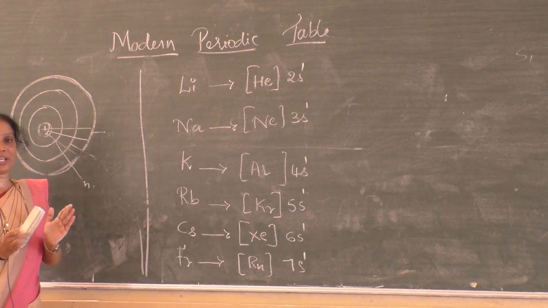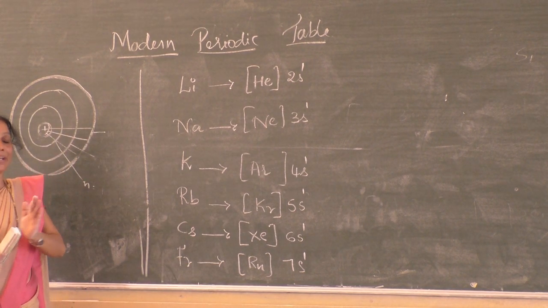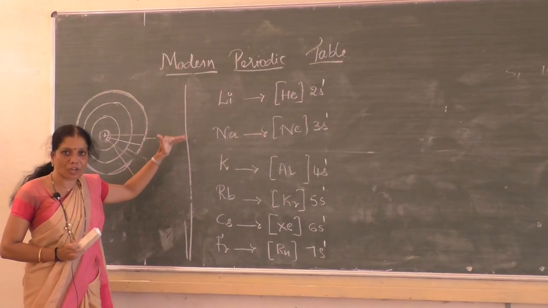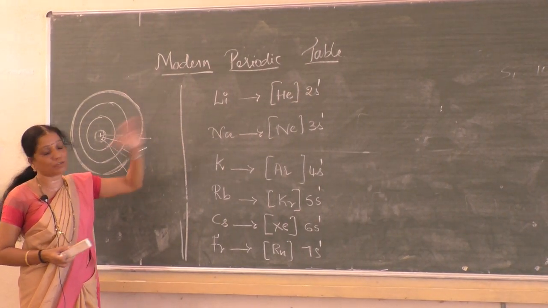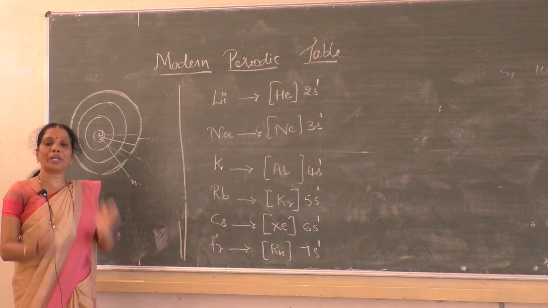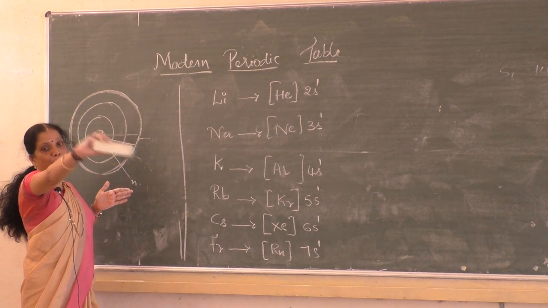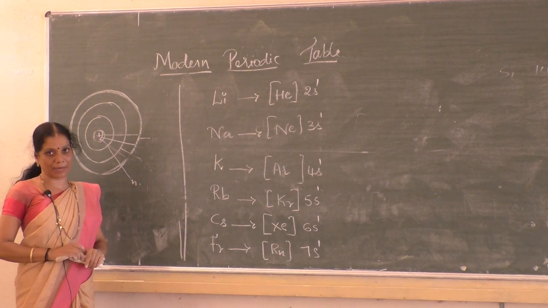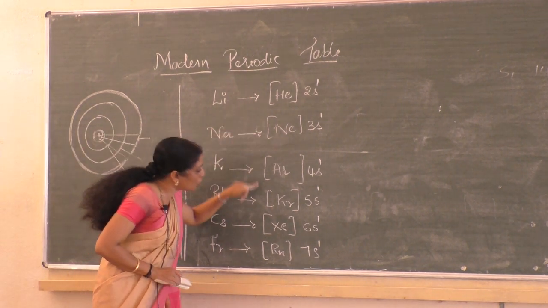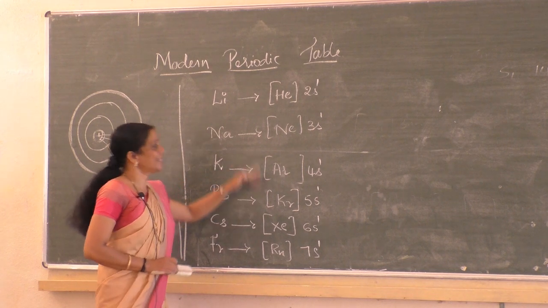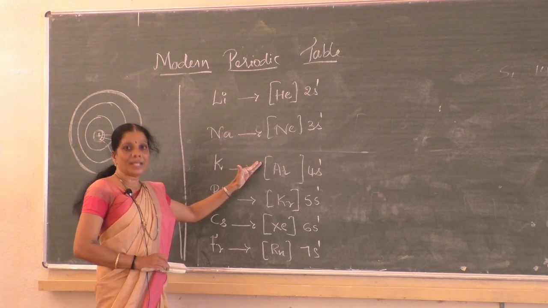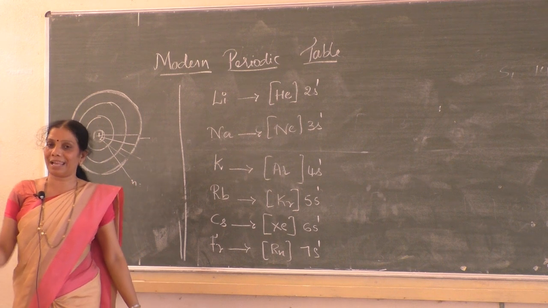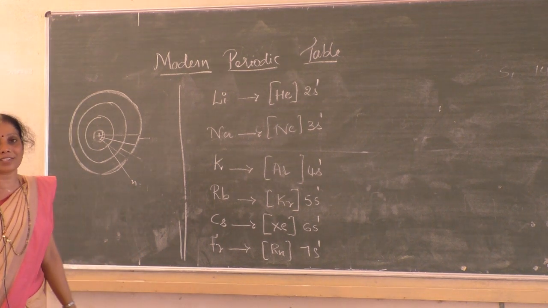Just before this, we have studied the variation of the atomic radii along the period. We have written the electronic configuration of the different elements belonging to the third period also, isn't it? We have observed that in a period, the electrons enter into the same main energy level. Just observe the electronic configuration here. Students, you just observe this.